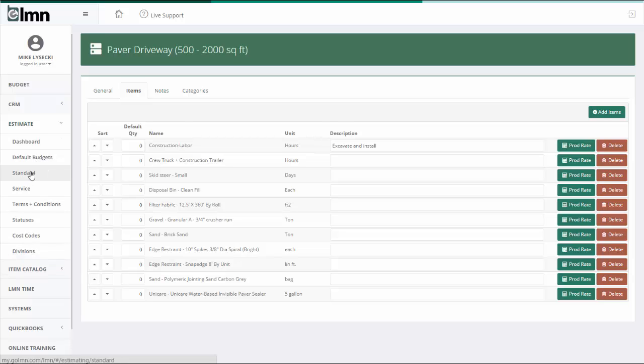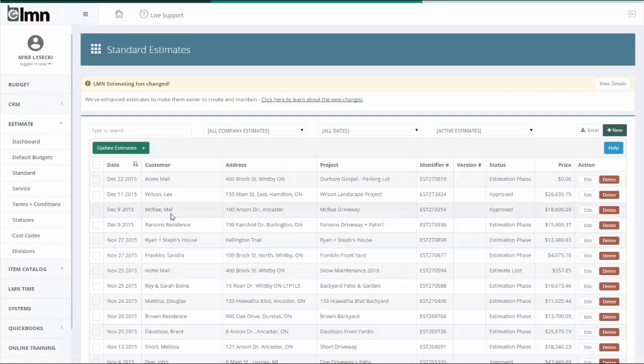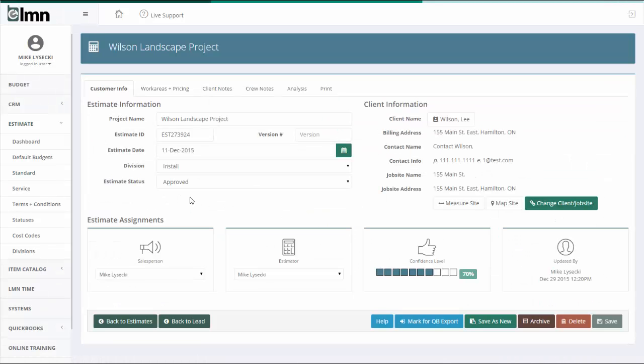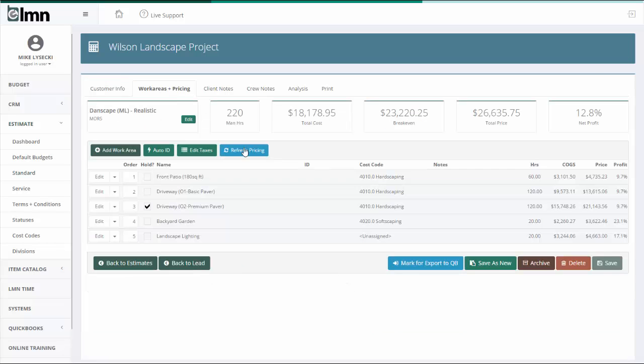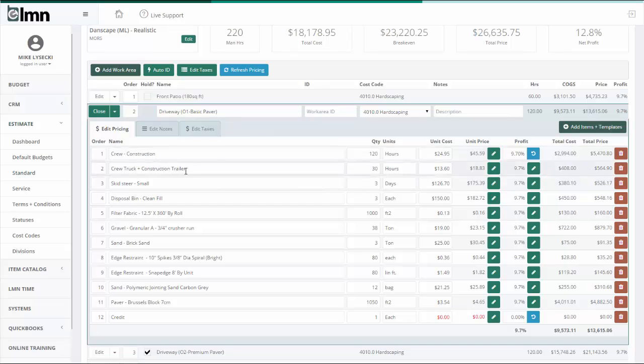Taking a look at an estimate now, you've got two different kinds of estimating in LMN. You've got standard estimates, which are used for construction work. Here we have basic client information, but then under the work areas and pricing section, here's where you're going to build your prices. Now, all of your items in here, and here I'm going to take a look at a driveway, all of your items are based off specific lists of labor, equipment, and materials and subs along with their